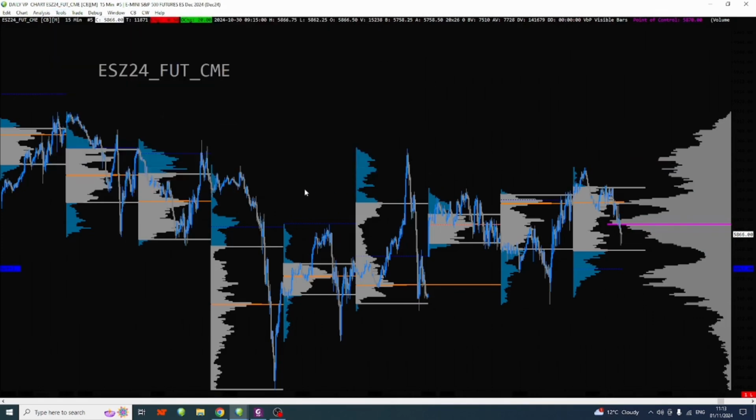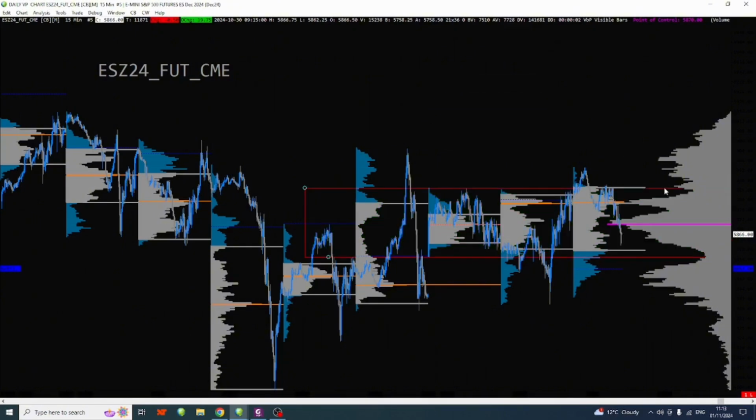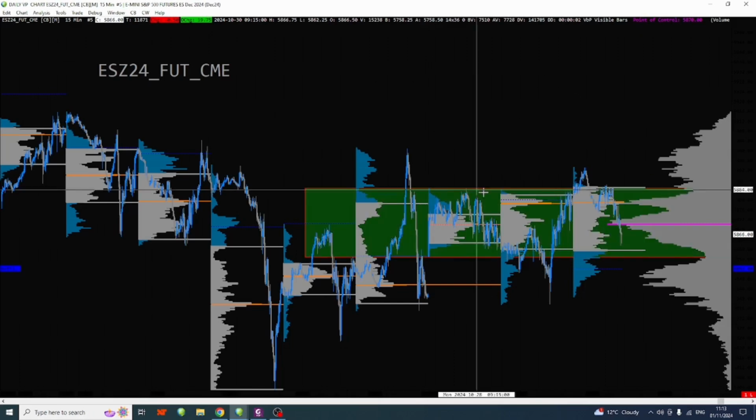So I kind of want to mark out this distribution. Now, what you essentially have to back this up with is: does it make sense logically from a swing high and swing low perspective? I'll show you what I mean by that. So this range that I've highlighted, you can see here,